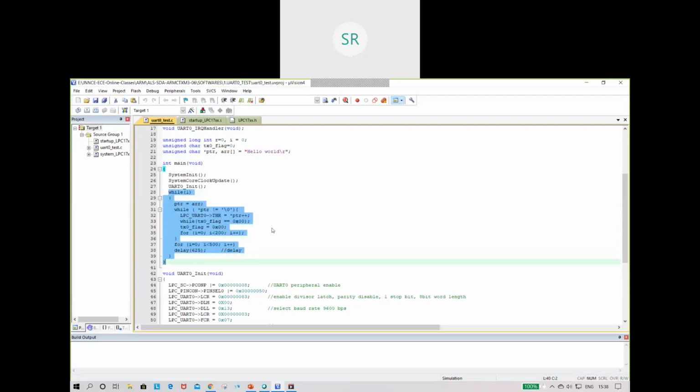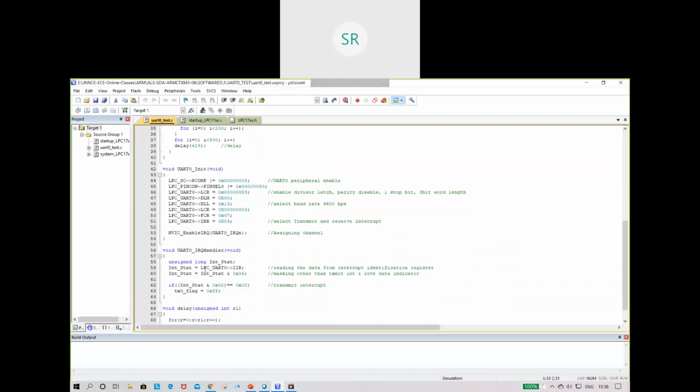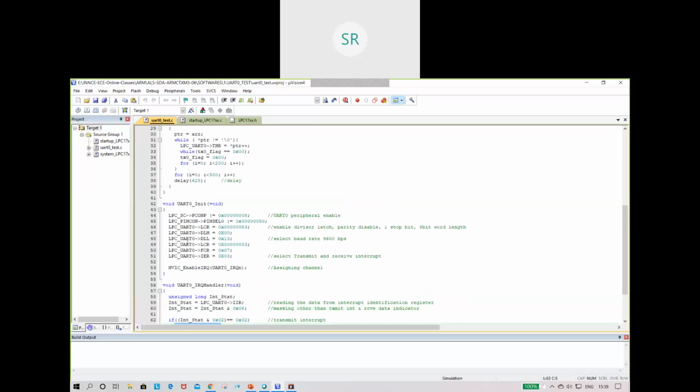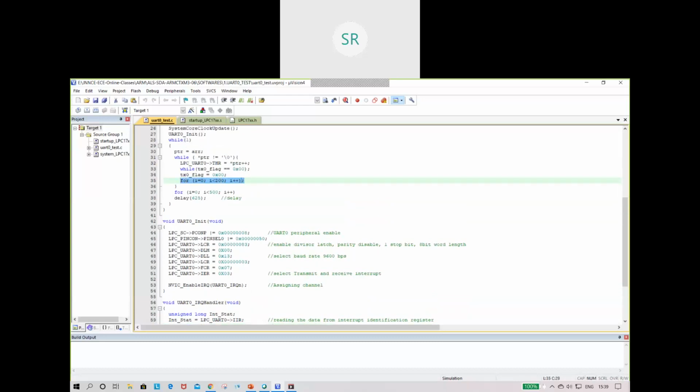You're going to transmit the data using the transmitter interrupt. If the transmitter interrupt occurs, then it calls the interrupt vector and checks whether the value is 06. If it is 06, you again check with 02, the transmission part only. If the value is 02, then you set the transmission flag. Then you're going to transmit the next letter with some delay. This is the main program for the transmission of hello world.